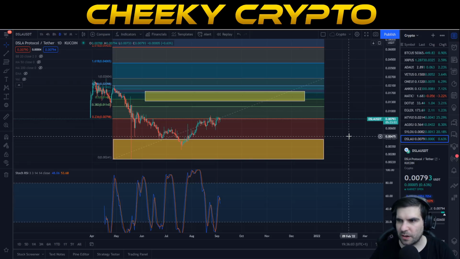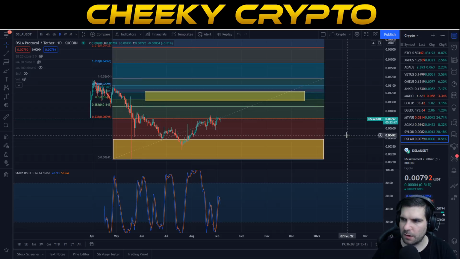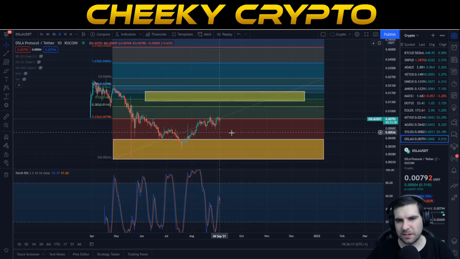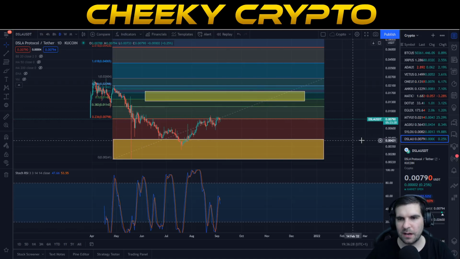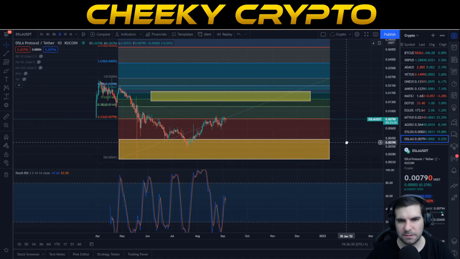Again, it's a micro cap coin, so highly volatile. It is one of those projects that tends to suffer the most during a correction, being microcap. Money tends to flow out of microcap coins faster than it does out of things like Bitcoin, Ethereum, Cardano, for example. They're considered slightly safer. So we have to obviously consider and manage the risks associated. Some people would class microcap coins as slightly higher risk. So again, do your own research, dig into it, and see what you think. But for me, I do like this project. I think it has serious potential.